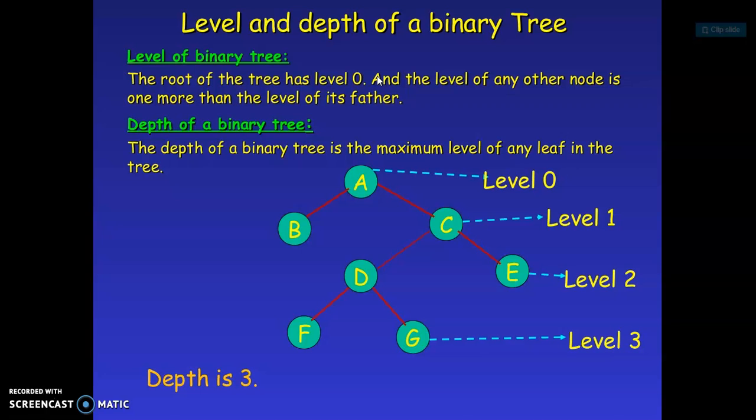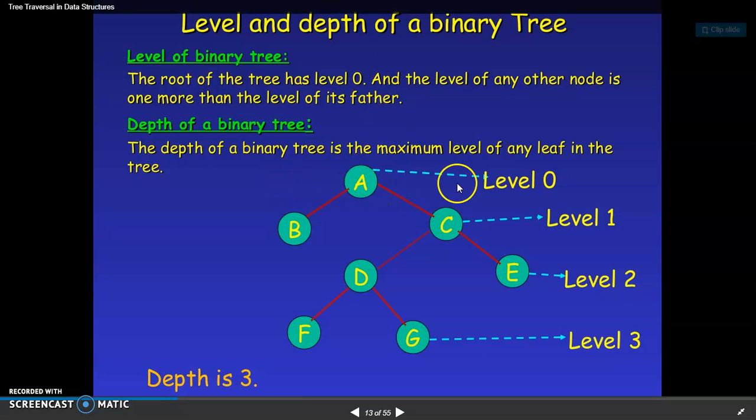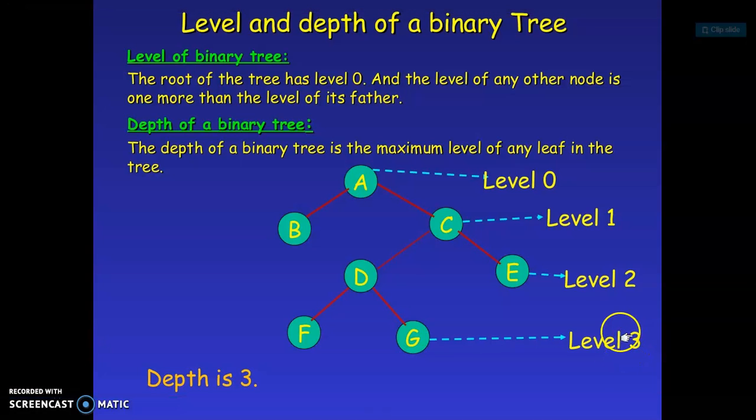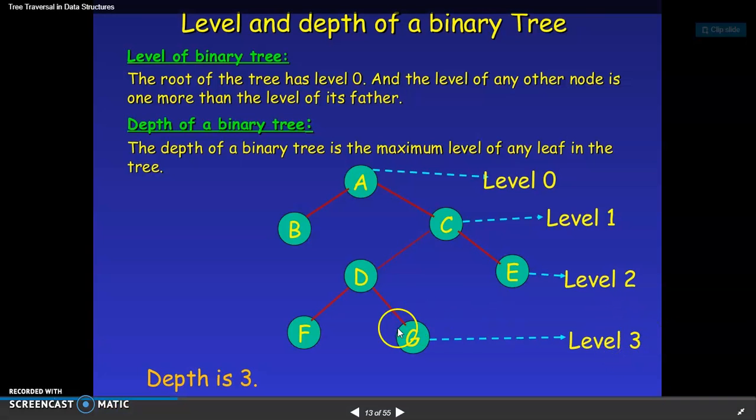of the tree. Okay. So here, whenever you are seeing this tree, there's one level that is the A node level, and another level is B and C, and another level is D and E, and another level is F and G. So the root node is at level 0, and the next nodes are at level 1, and the next nodes are at level 2, and the next are at level 3. Okay, and in the same way, the depth of the tree is the maximum level of the leaf node. Whatever maximum level value you get, that value is called the depth of the tree. So 3 is the depth of this tree.